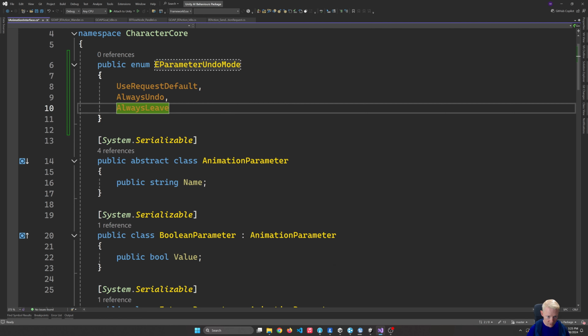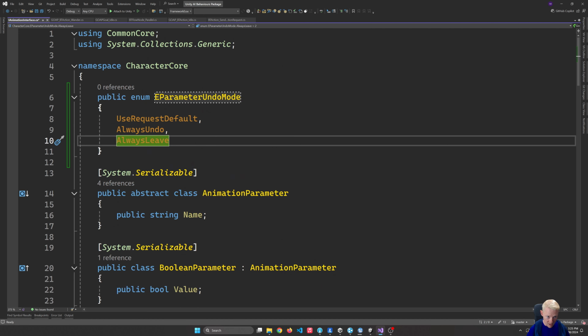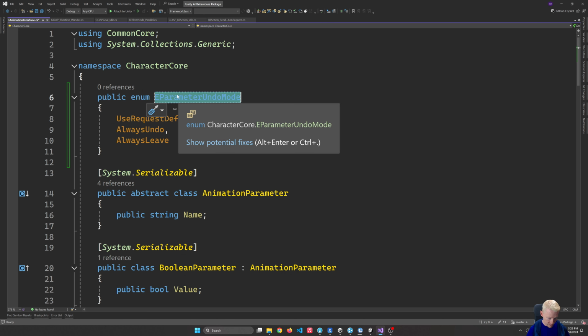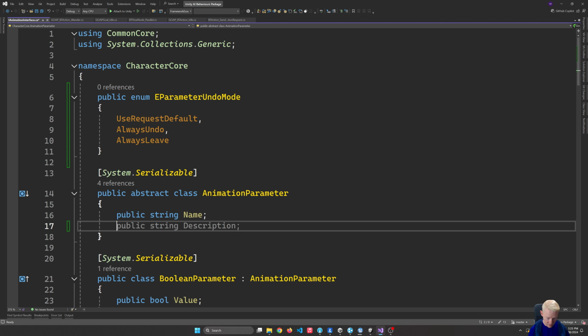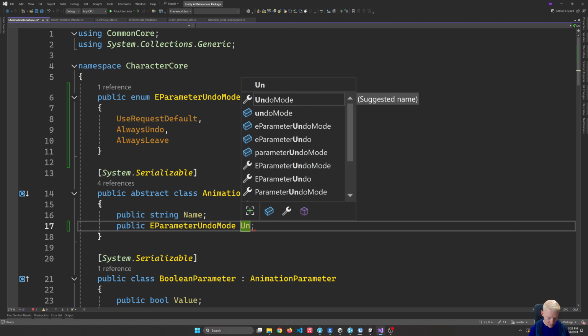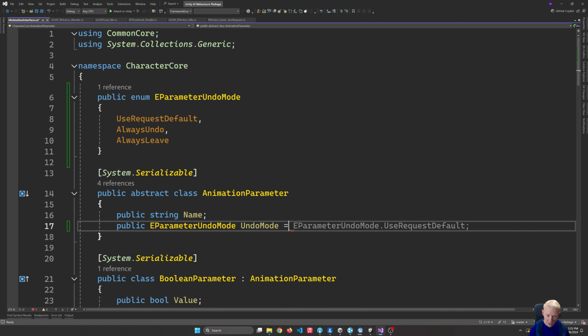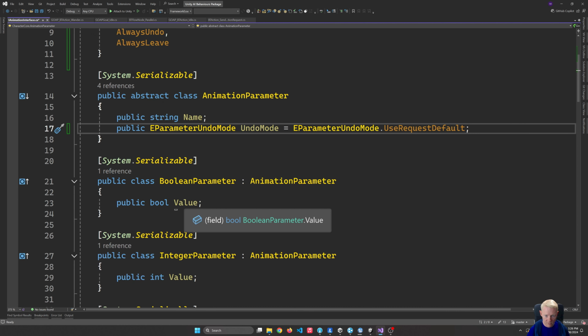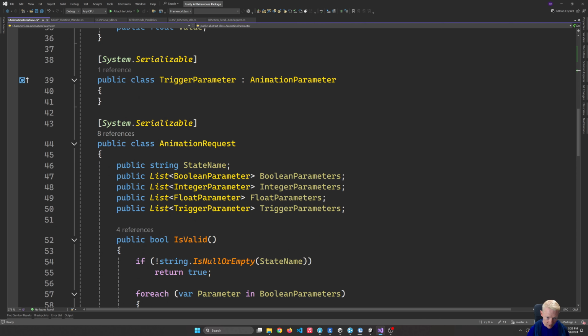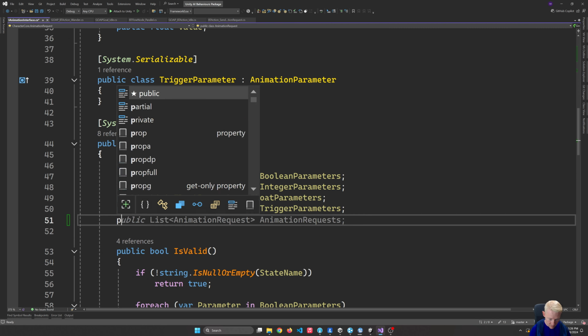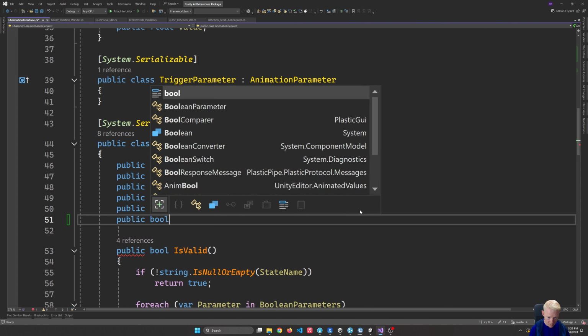So that looks good. We will put that into here, public, and this will be our undo mode, which by default, we just want to use the default, because what that will let us do is public bool